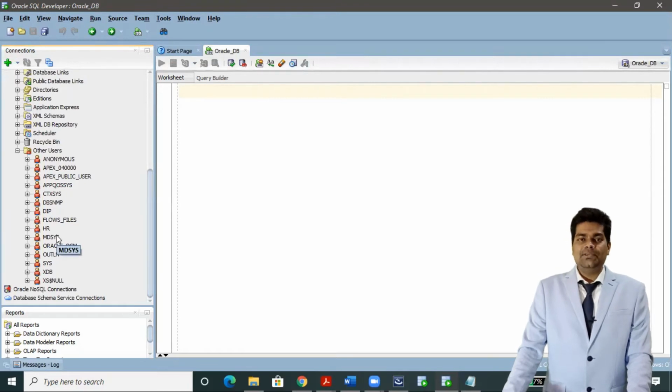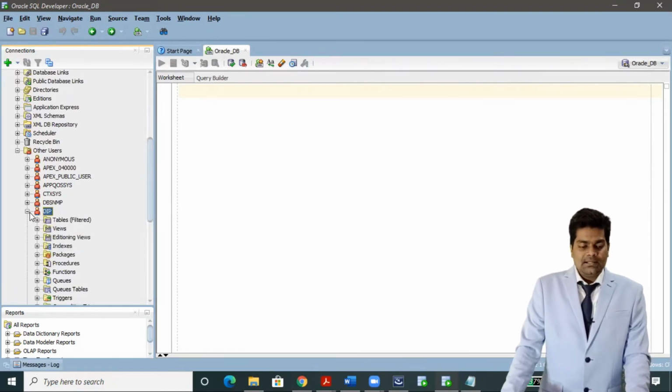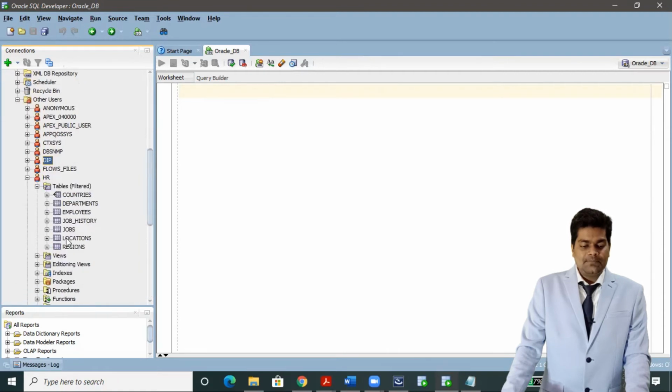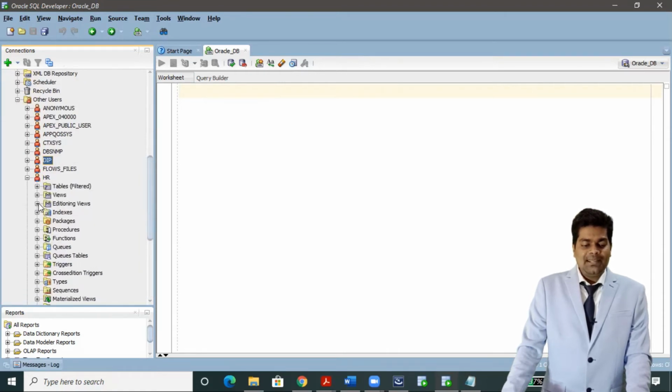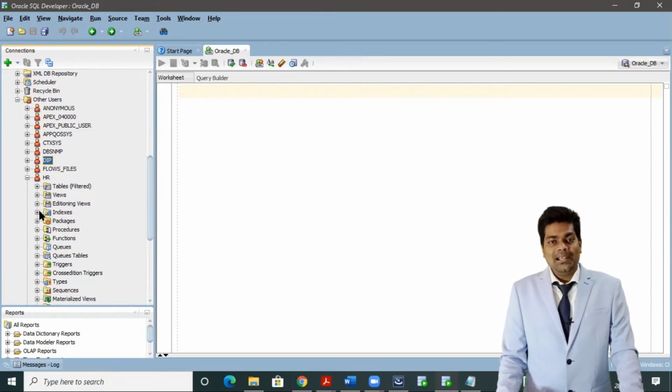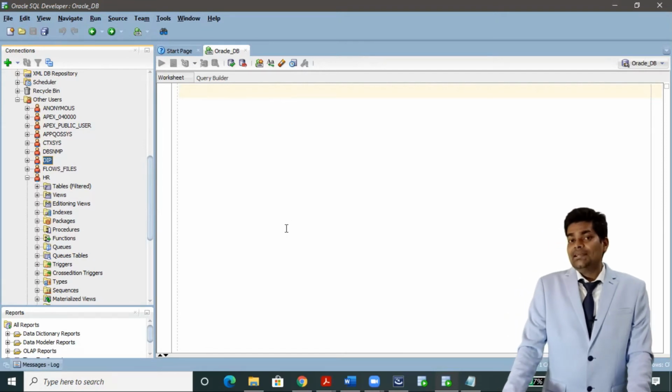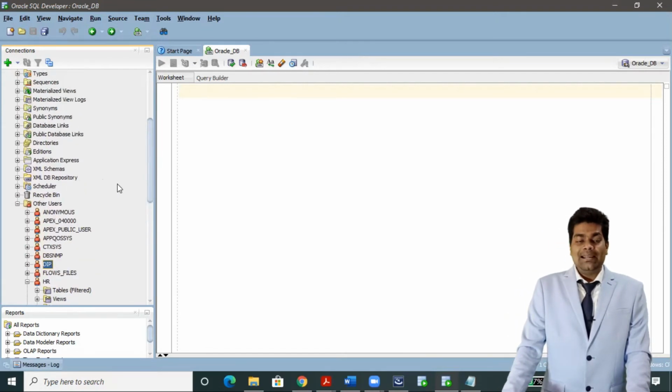HR is sufficient. So inside HR we have multiple tables, views, indexes, packages. There are multiple things.